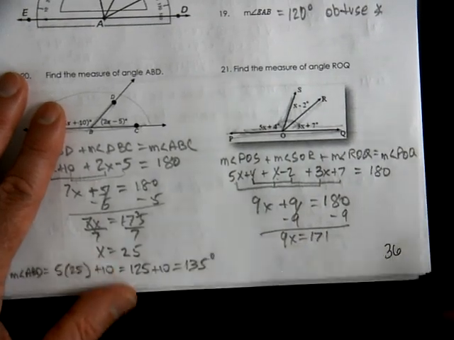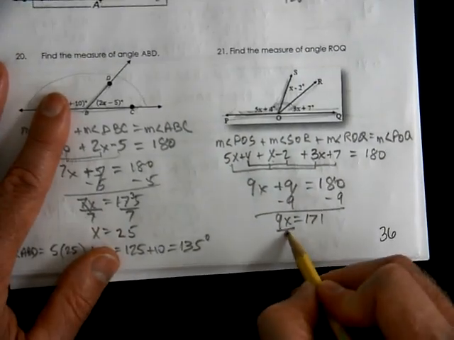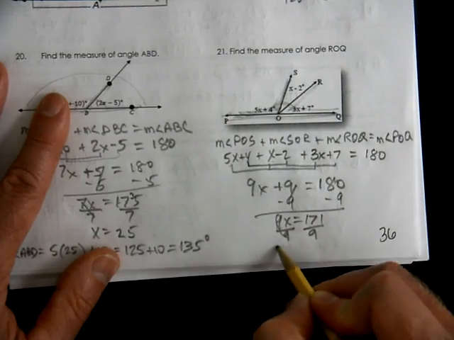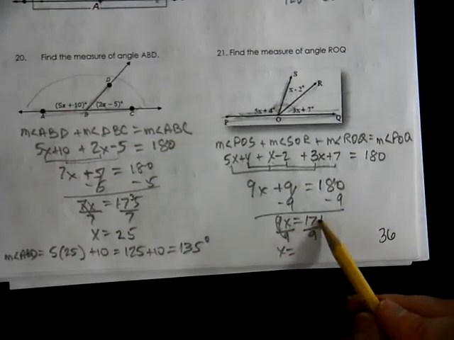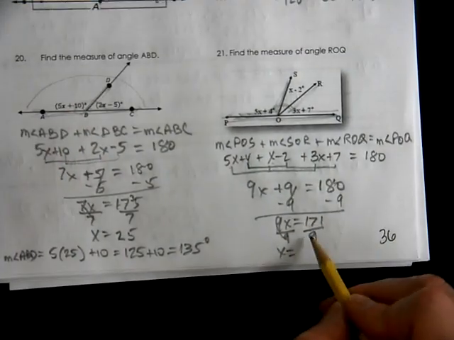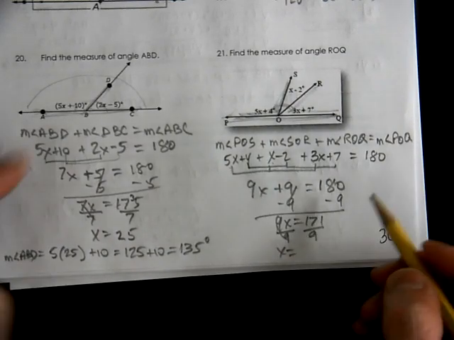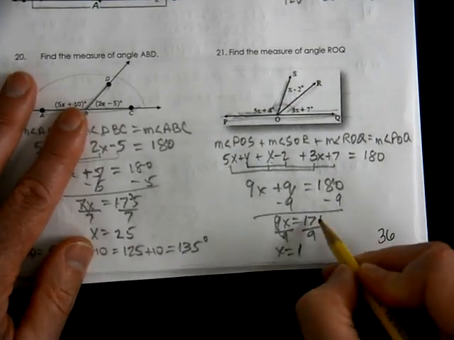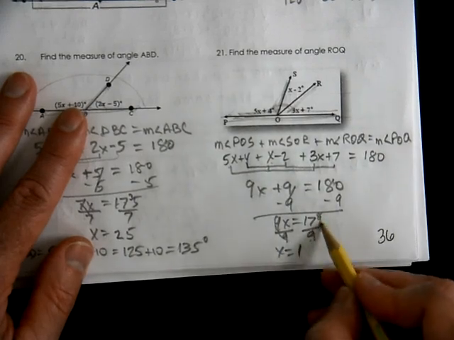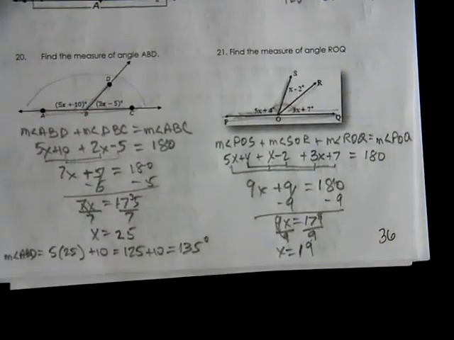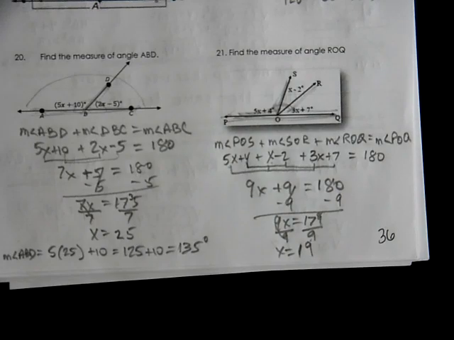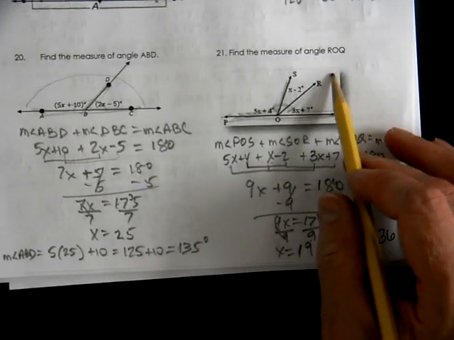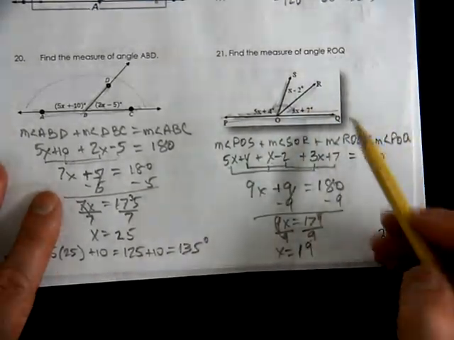9x equals 171. Divided by 9. I'm not sure what 171 divided by 9 is. But I know that 9 goes into 18 one time, with 9 left over, goes into 81 9 times. So x is 19. And the measurement of ROQ